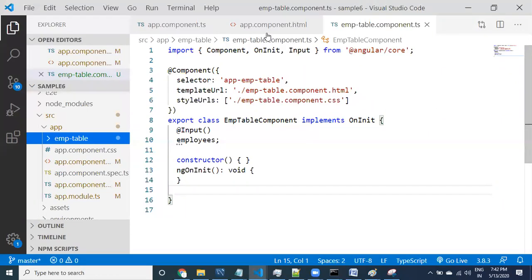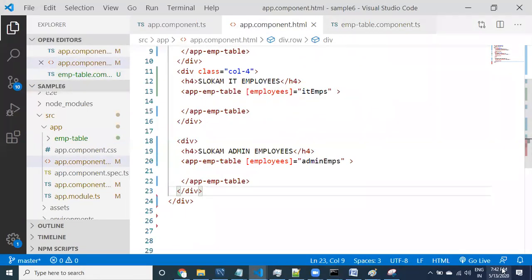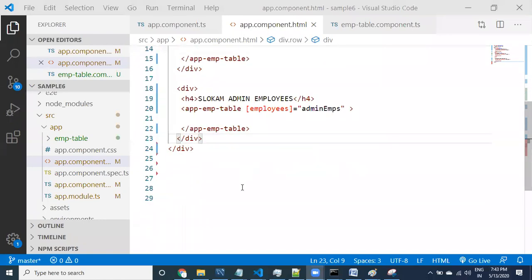Okay, let us go to the... we can't reuse the data without putting it into the... I'm just checking it out. Yes, definitely, if you put something in the app component, we cannot reuse it. Absolutely correct. But what I'm trying to do here is, whatever HTML I'm copying, whether it is going to work or not, to check it out, I'm copying it into the app component.